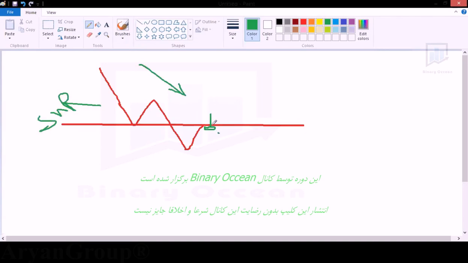Again, it rejected from sellers. It means sellers are interested at this support level, so the market may take this level as a resistance now, and this is a reversal sign at this SNR level, and the trend is a downtrend. So we can take this candle as a continuation of this downtrend, reversal of this SNR level.